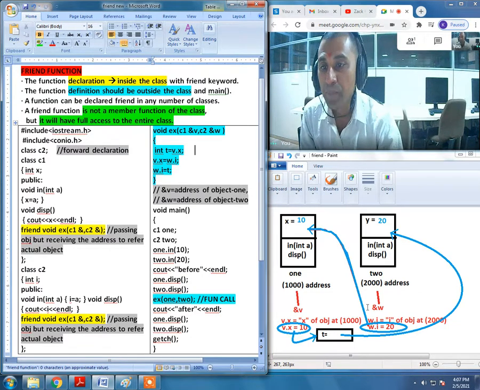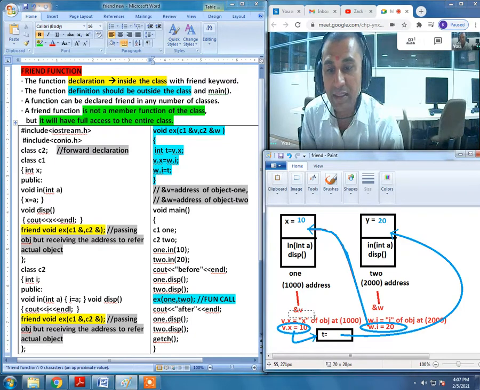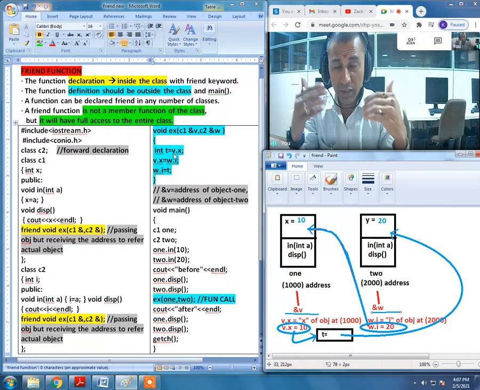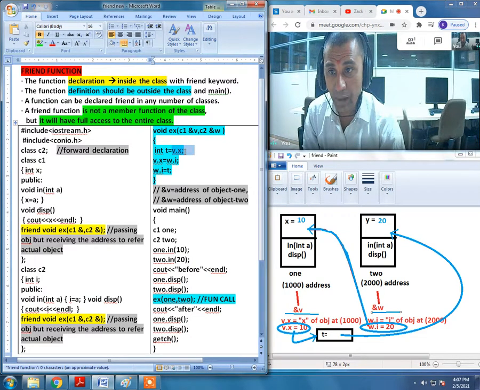That means ampersand V, we are talking about this particular part, is pointing to the address of the first object. Ampersand W will be pointing to the address of the other object. What is actually going to happen now is V dot X, this part is going to be executed.